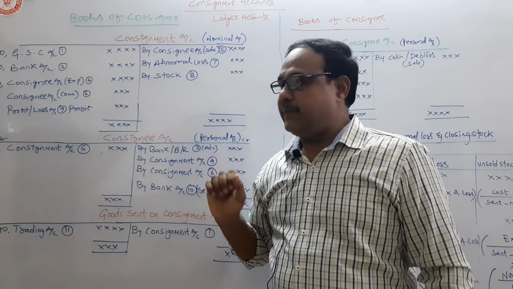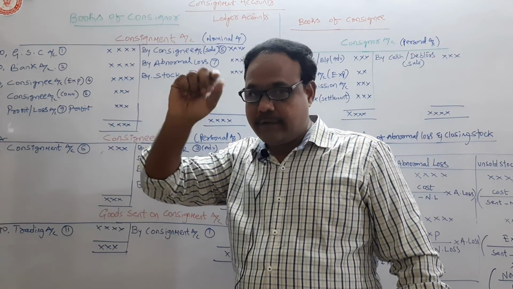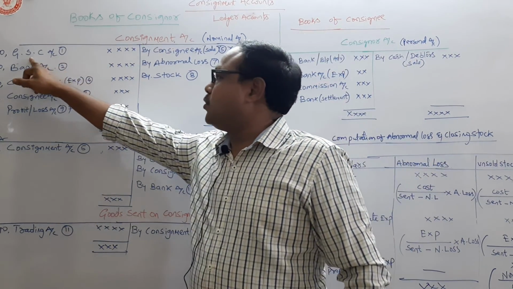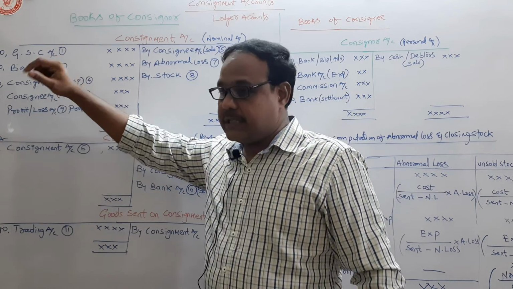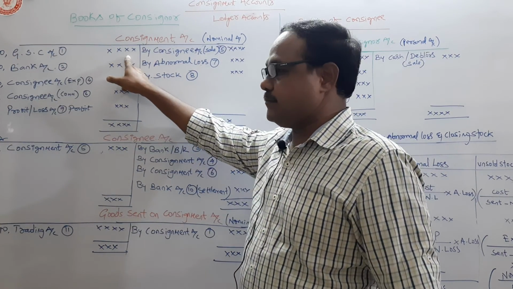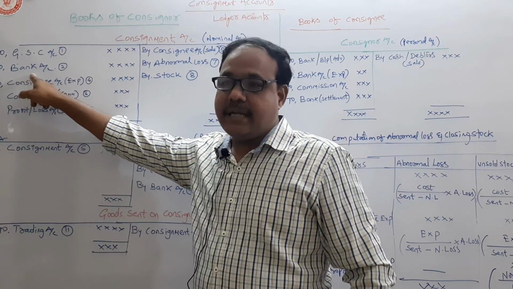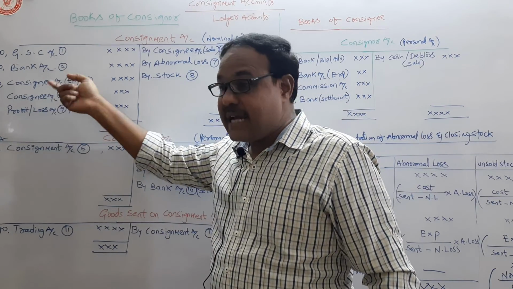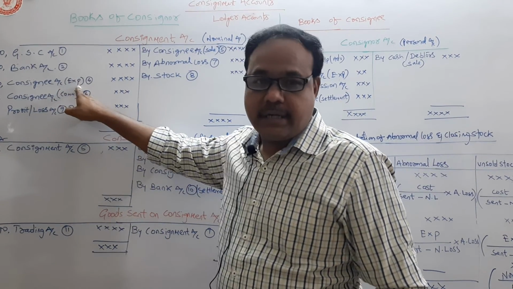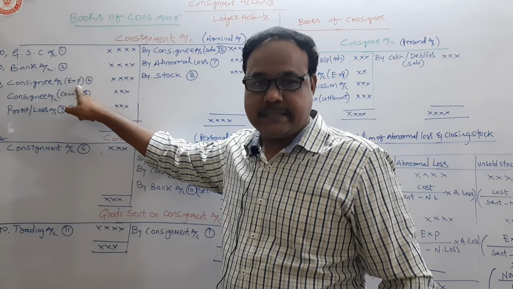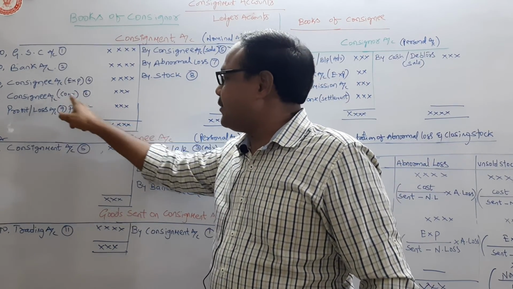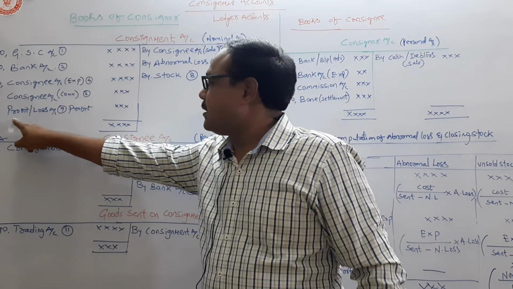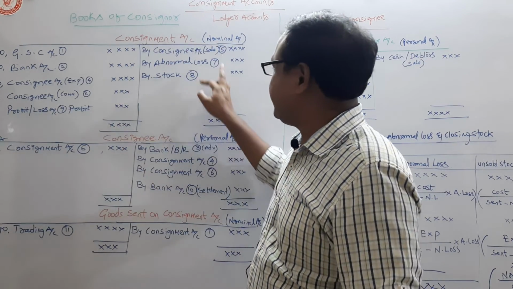Now, first consignment. See, the serial numbers whatever I mentioned in the journal entries, the same serial numbers I continued here also. Goods sent on consignment, cost price you should write. Okay? Consigner expenses to bank. Consignee expenses, both recurring as well as non-recurring expenses. Consignee commission, it is the sixth one. Yes or no? Consignee commission. Profit or loss, difference between credit and debit.